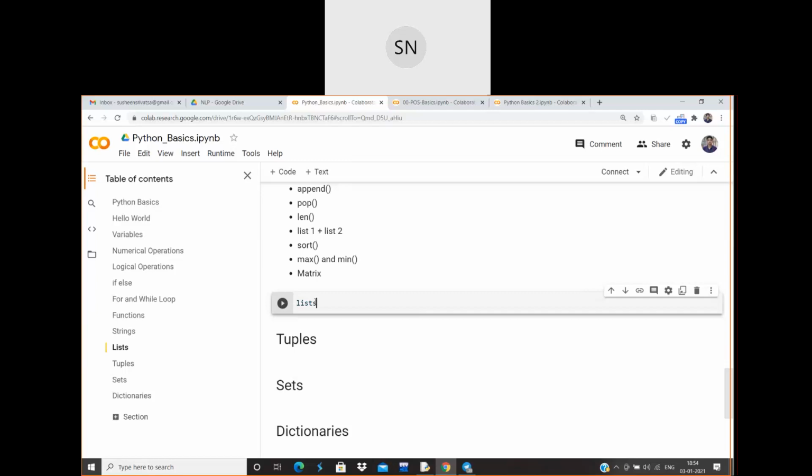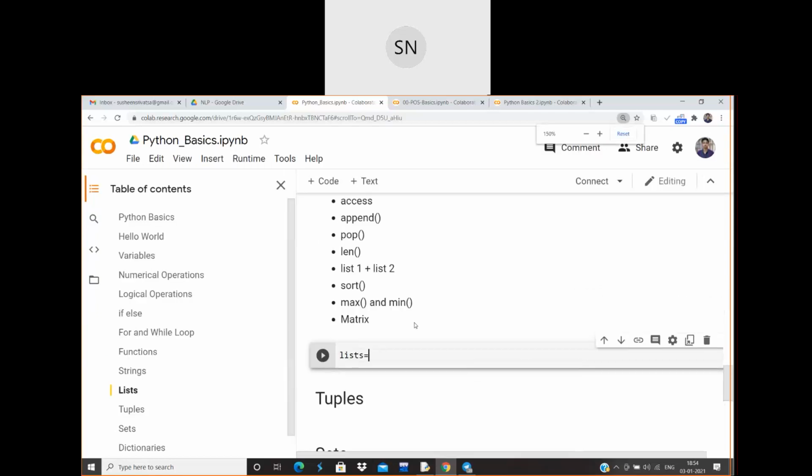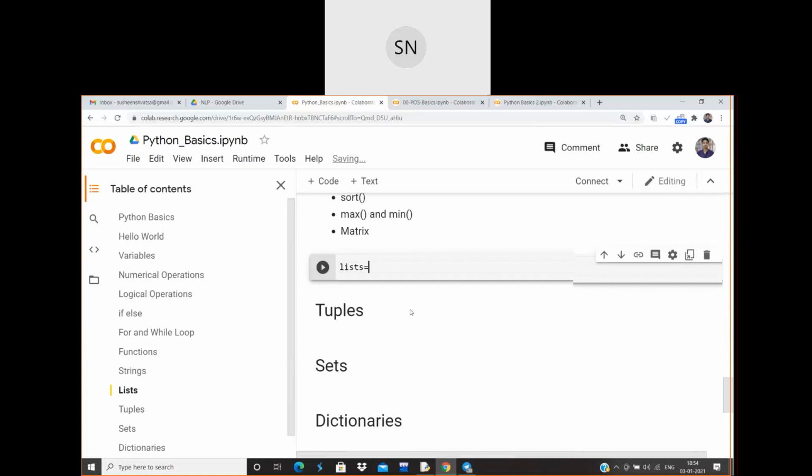A list is equal to, so make sure you are looking into the syntax I'm writing here. It is quite similar to arrays. I'm initializing with square brackets and defining the values here. So this is the actual list syntax.